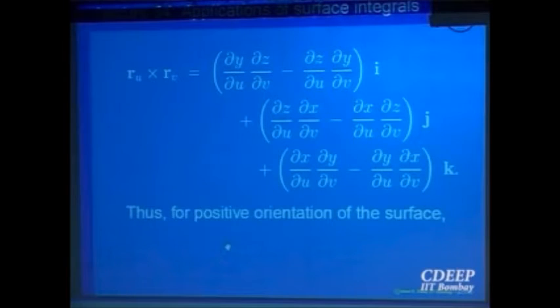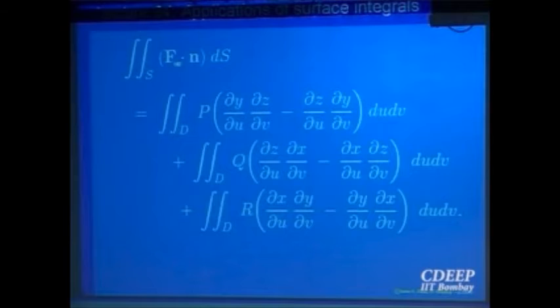So let me write that so that we go a bit slowly. F dot n, okay, so that will be P times this, Q times the next component, and R times that. What is F? Pi plus Qj plus Rk, right? ru cross rv, just now we computed it, was this times i, this times j, this times k, so the dot product gives you this integral, right? Now mathematicians have this habit that whenever something complicated comes, they devise a notation for it, so that you don't have to write that complicated thing again and again. So this complicated thing is written in a nice way.